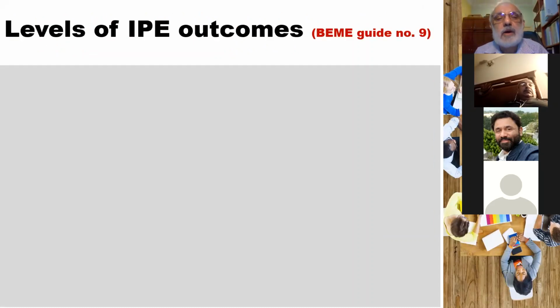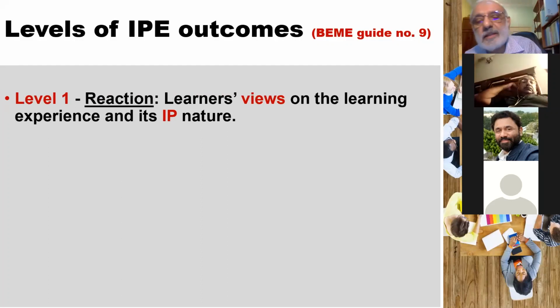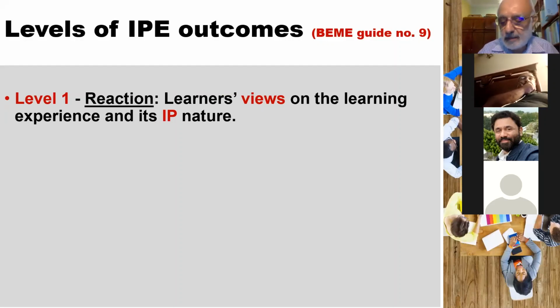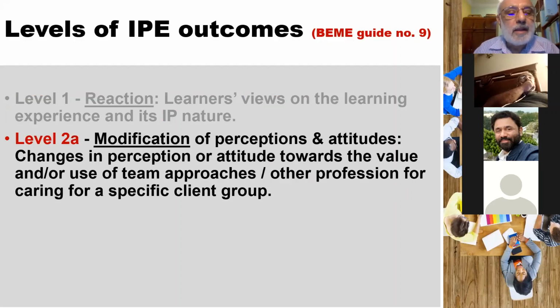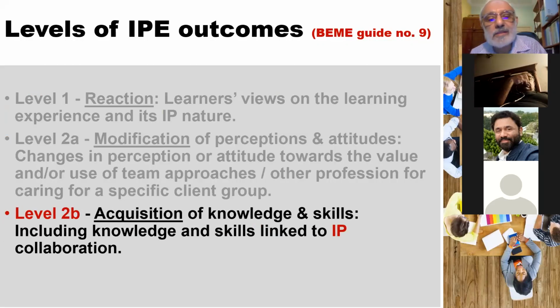There are different levels of IPE outcomes as described in the BEME guide. Level 1 is the initial views, learners' views on the learning experience and the interprofessional nature. At the second level, there is some modification in the perception. So the initial views start to change a bit in terms of perceptions and attitude. At the next level, the acquisition of knowledge and skills linked to interprofessional collaboration,